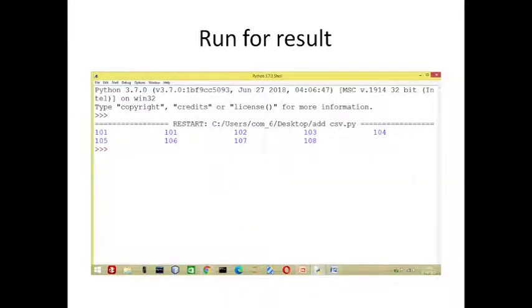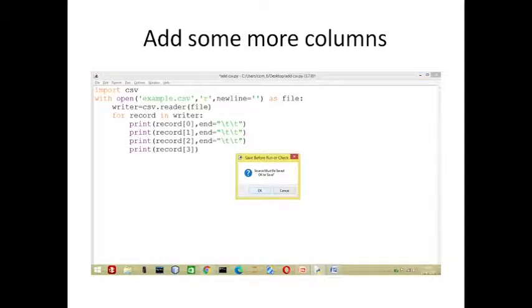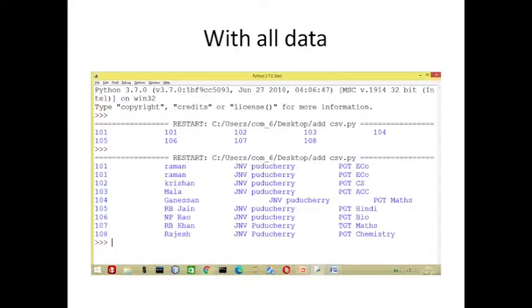So you can see when I run my file, I will get this type of result. In this example you can see more data, so I have given index number 1, index number 2 and index number 3 also. One more thing, this \t and \t means we are going to put a gap between each printed record. Each record will print, then a 2 tab gap, then the next record, and the last record needs no gap because it is already the last record. When I run this file, I will get this type of result with all data. Now let us see it practically.